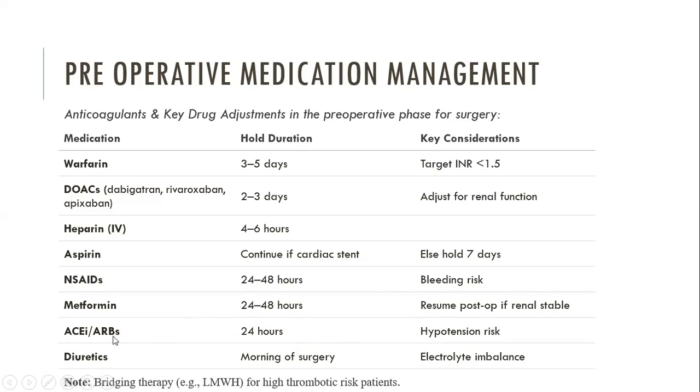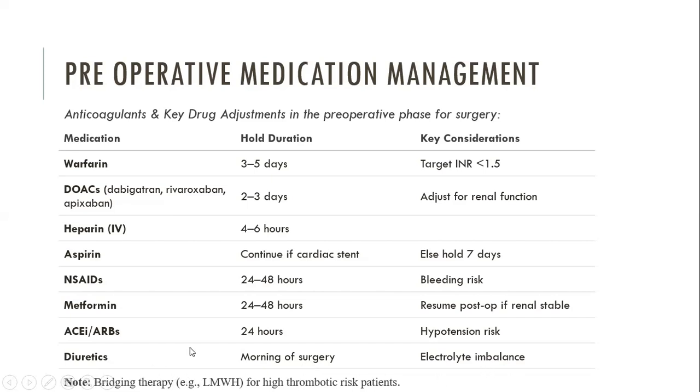ACE inhibitors and herbs for hypertension should be held for 24 hours. Again, there is a risk of hypotension if you're giving them before the surgery or during the surgery. Diuretics should be stopped on the morning of the surgery, and if you are giving diuretics, they can cause